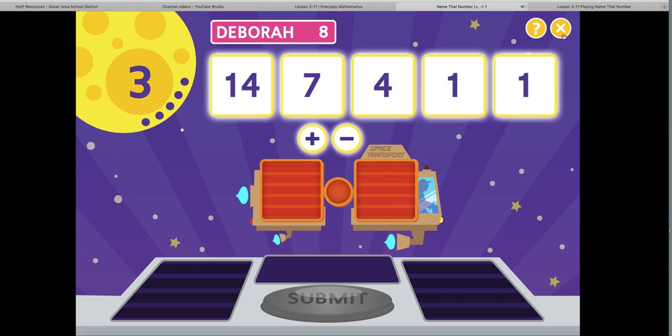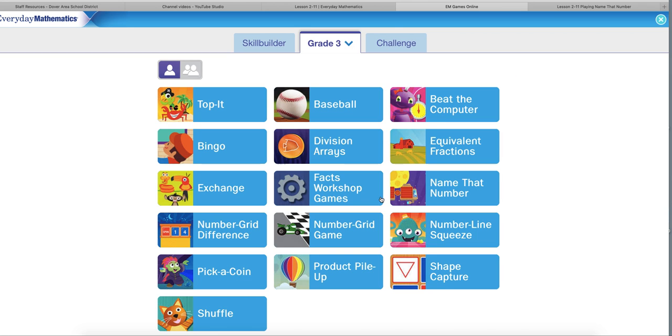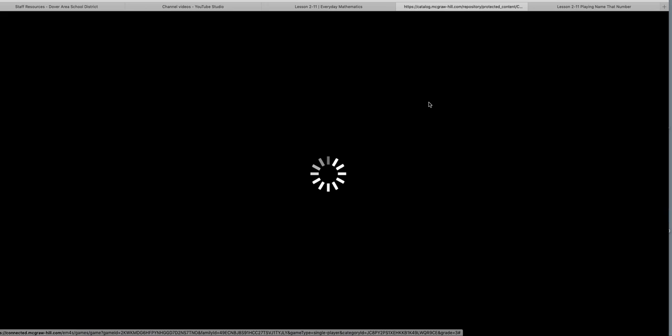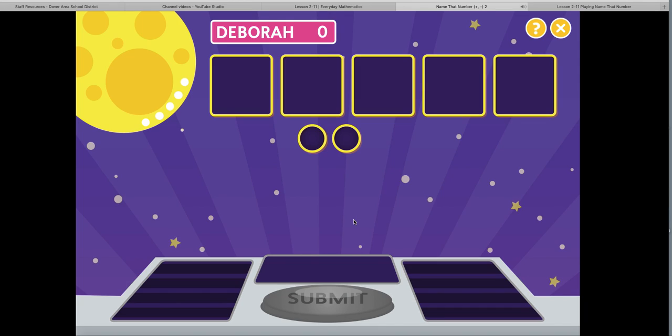Okay, I'm going to stop this one. Now, so that is the plus or minus 1, name that number. Now, the plus or minus 2, name that number. If you choose to go into that one, you can too. It just makes it a little bit more difficult. If you want to either only add or subtract one number, stay in the plus and minus 1. If you want to practice adding and subtracting more than one number, go into the plus and minus 2. With the plus and minus 2...